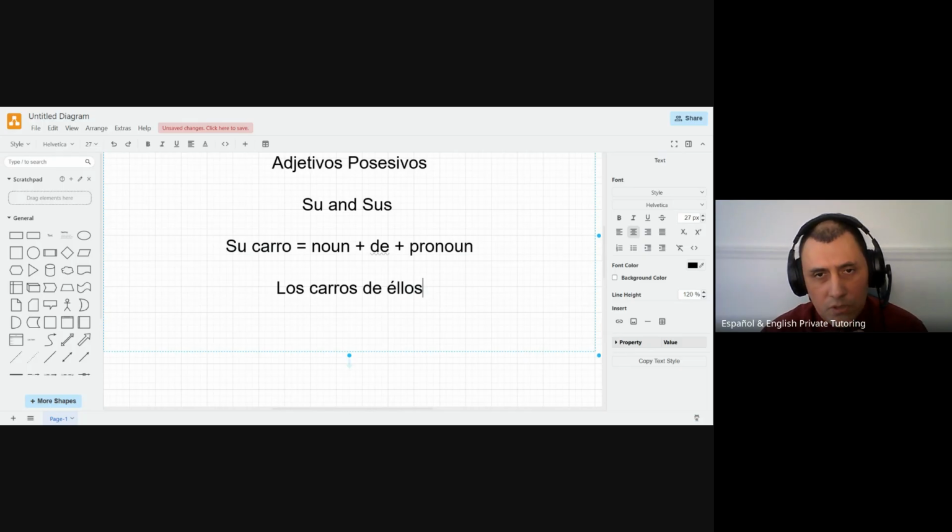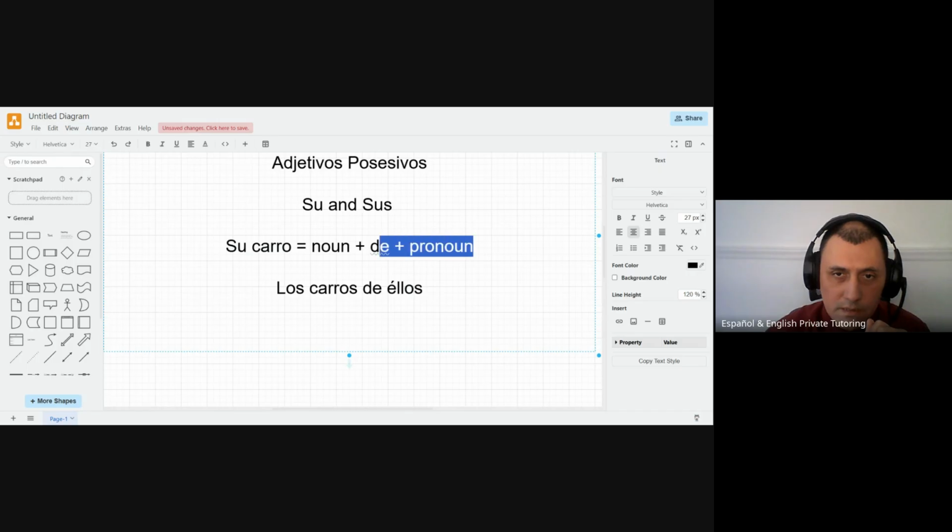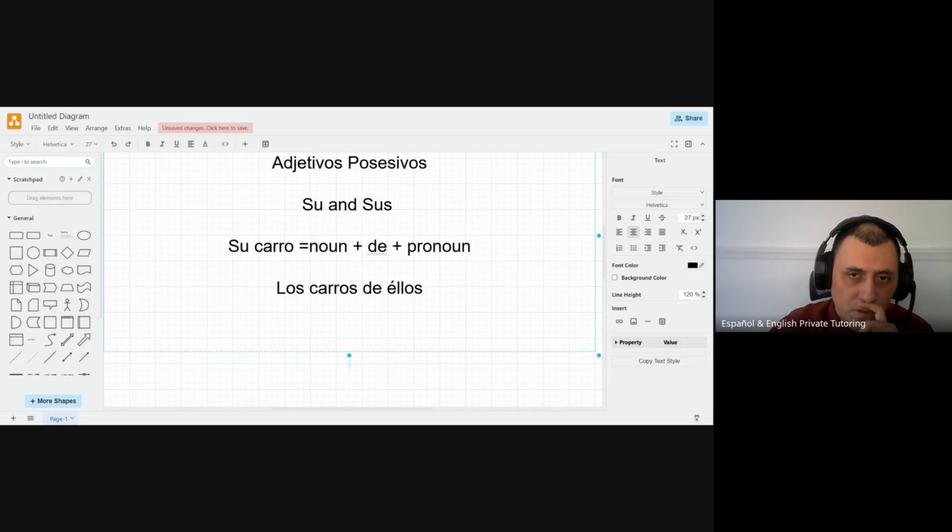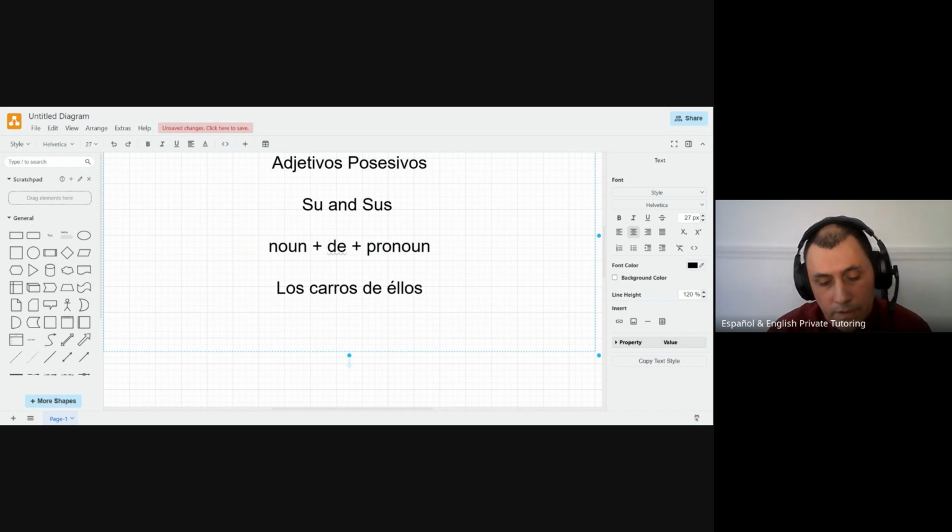Okay, now I'm going to explain something else. This formula the book is giving you is extremely simplified. So things can be much more complex than this. So I'm going to give you a better formula. So a better formula, it will be